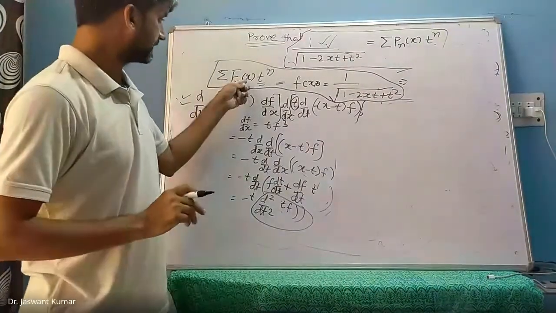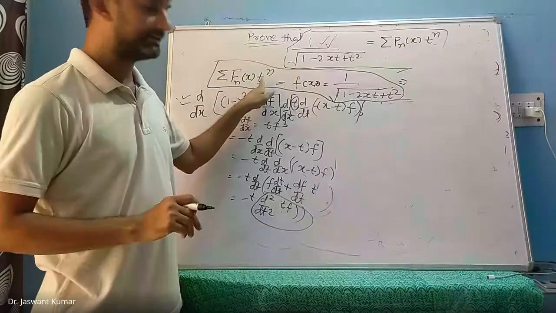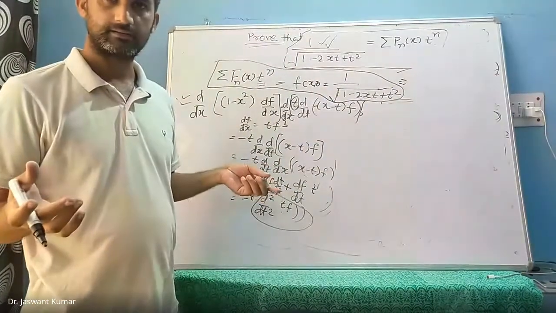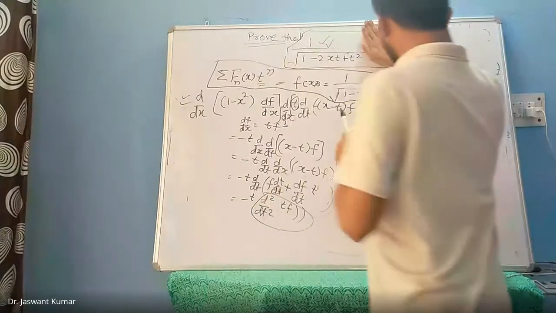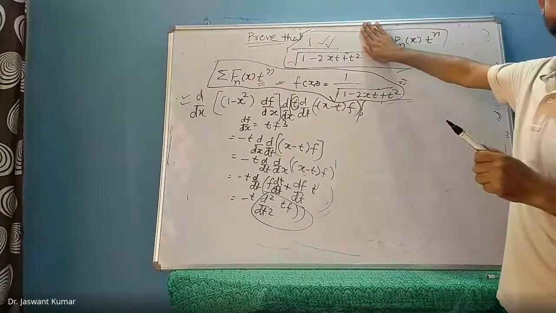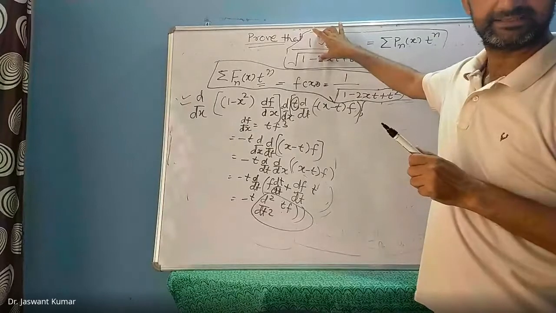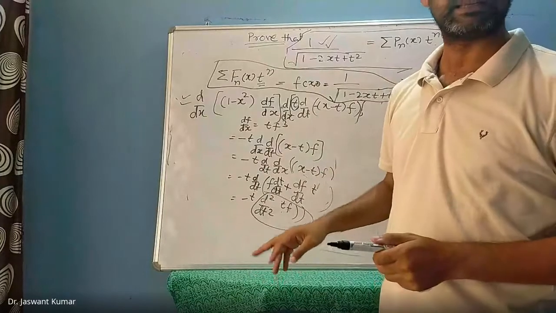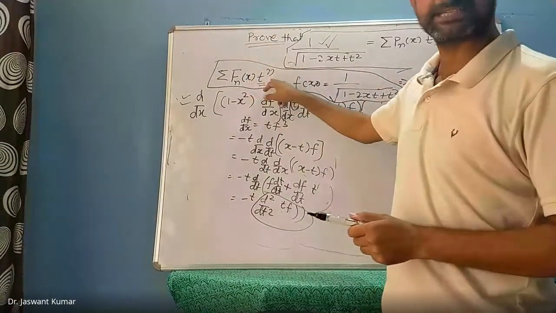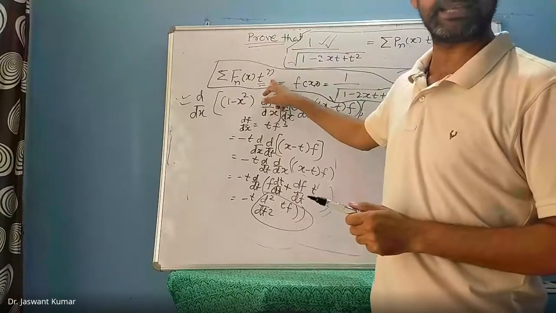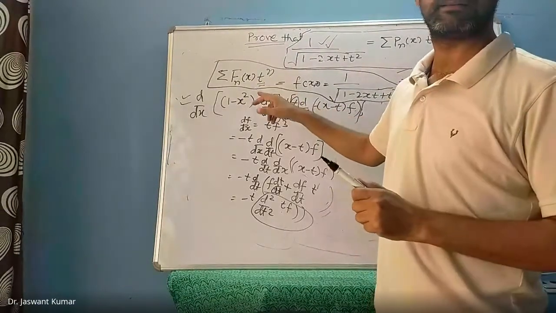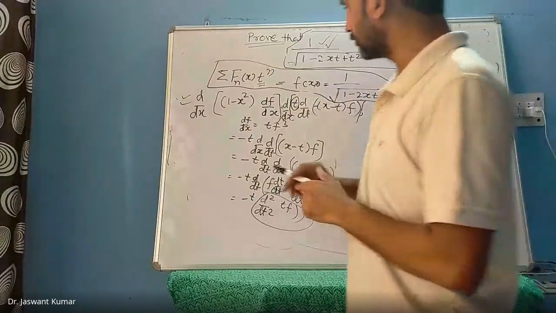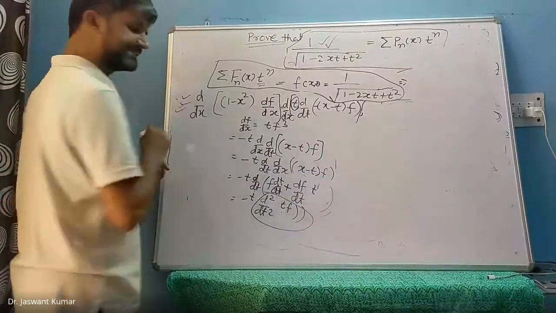Okay, children? So what we have is f_n(x) t to the power n summed is equal to f(x,t). We do not know what f_n(x) is. Okay? So we are not bothering about what the right hand side is. We started with some arbitrary function. This arbitrary function we know will be some f_n(x), we do not know what this f_n(x) is. But this will be equal to f_n(x) times t to the power n, using binomial expansion. This will be equal to this. Then we found that this small f follows a differential equation which is like this.